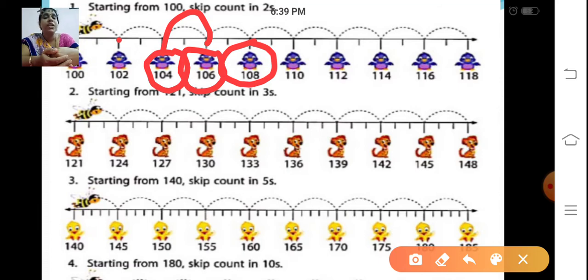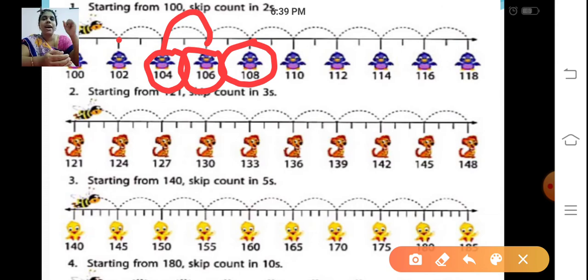Or else you can see skip counting is adding the fixed number to the given number. So 100 plus 2, 102. And from that number add 2 more. From 102 add 2 more: 103, 104. So that is skip counting. You're skipping the in-between numbers. So it does not go to the number 101. The honeybee wants to skip that number. This is the way we skip count the numbers. We keep on adding the fixed number to the given number, right? 100 plus 2, 102. Then 102 plus 2, 104. So it skips the in-between numbers.